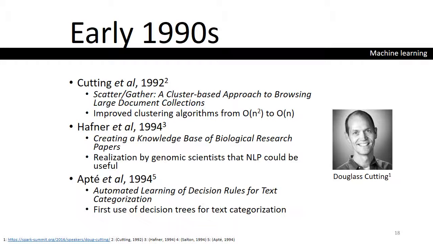And another important development was done by AppDay. That was the first application of decision trees in learning, the first usage of decision trees for classification. Essentially, it would categorize words and tie them into larger